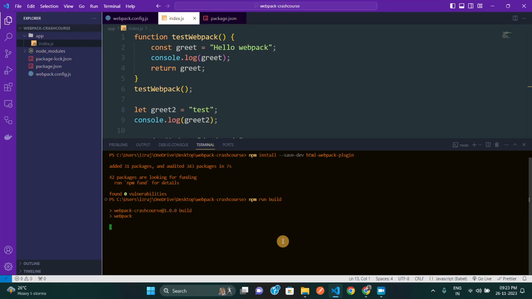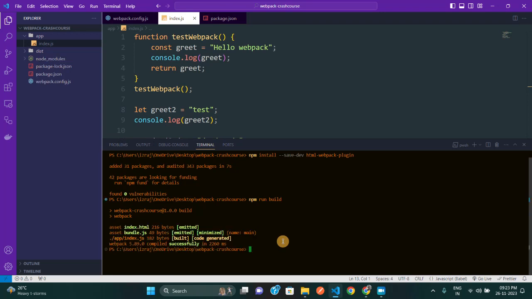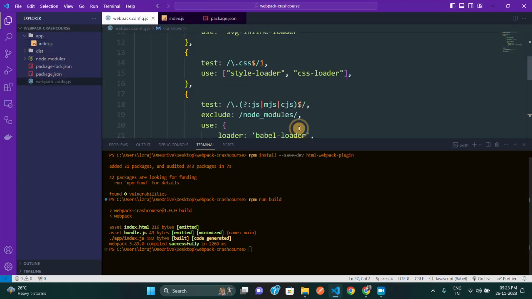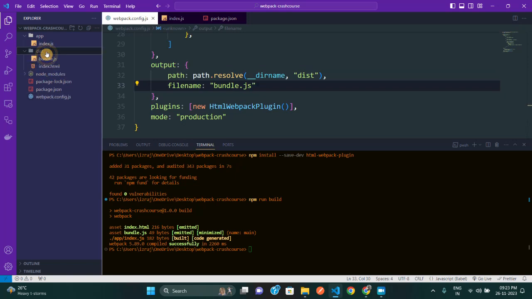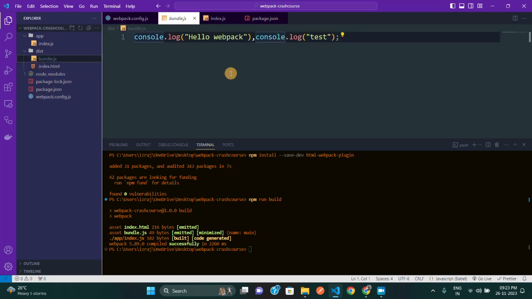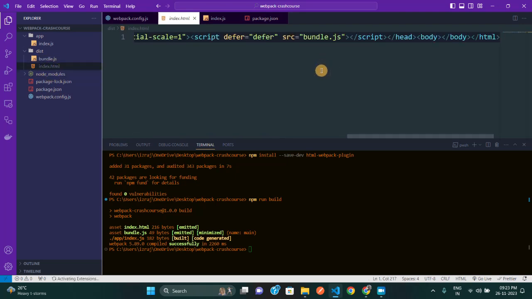Now Webpack is going to do its magic and give you a production-ready build folder which you can deploy to production. As you can see, the build is successful here, and we got this dist folder. In the configuration we told Webpack specifically that in the root directory we need a folder known as dist, and inside that dist folder we need a bundle.js file where you're going to add all your bundled JavaScript code. So let us open this, and as you can see we got our bundle.js file, and we got all our bundled code as well. And not only that, it also gives us this index.html file,